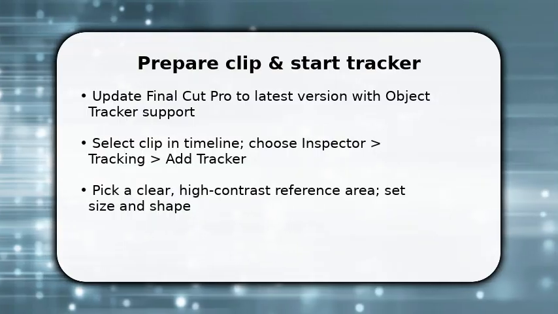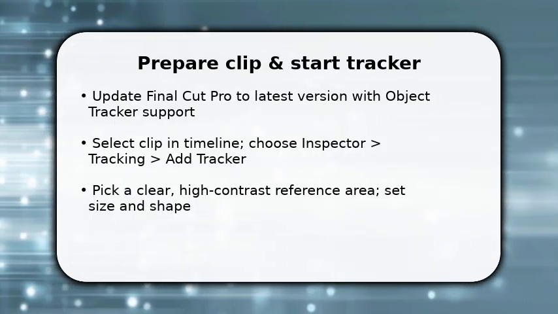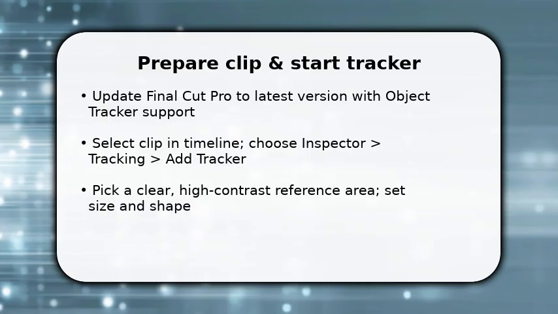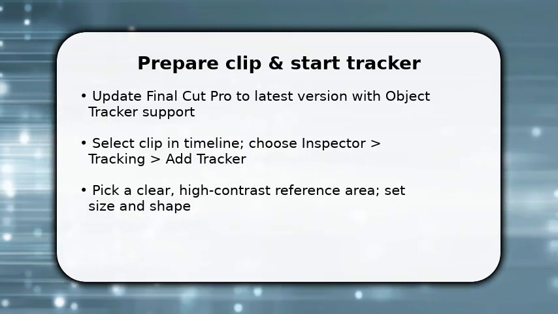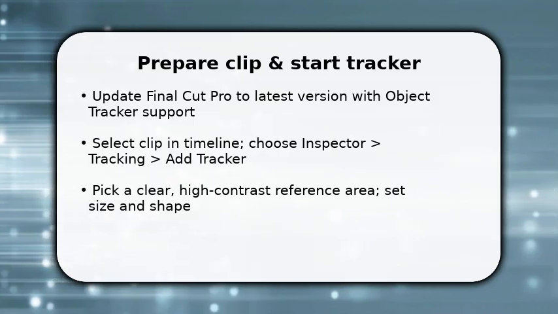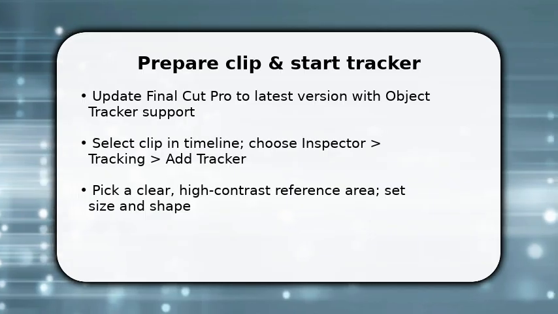You begin by preparing a clip that clearly shows the object you want to track. Select the clip, open the inspector, and add an object tracker. Choose a high contrast point or small region as the tracking target. Once done, set the tracker's search area to cover likely motion and adjust the tracking size so the object is